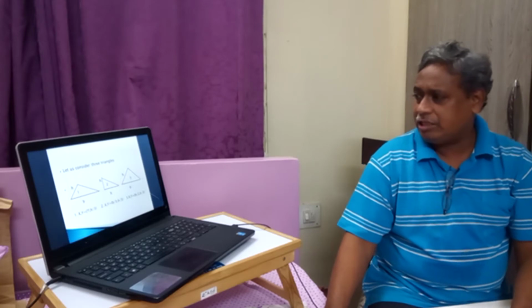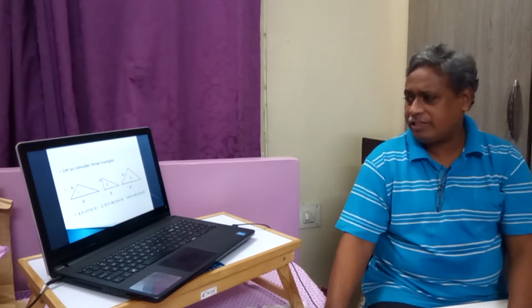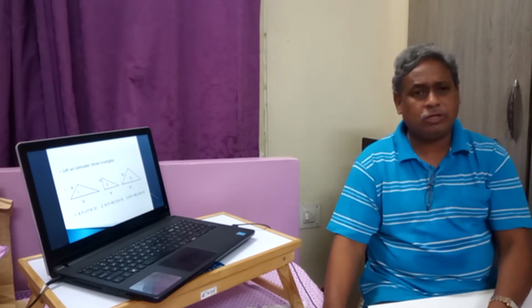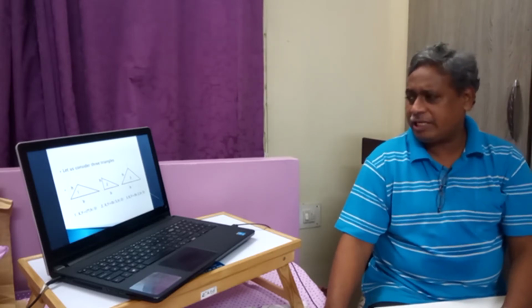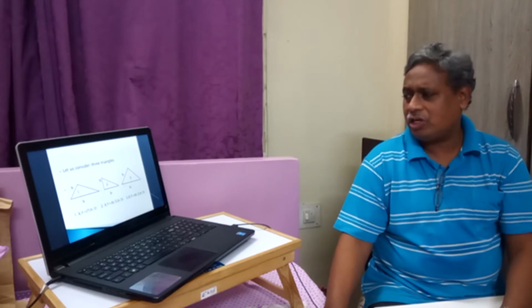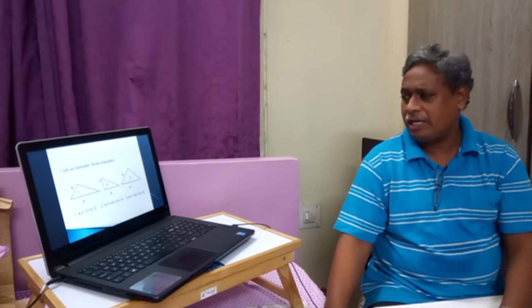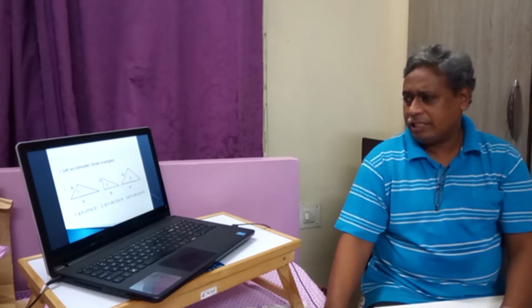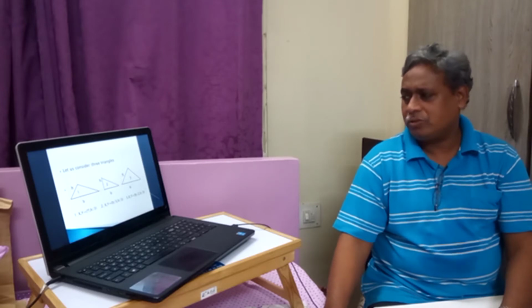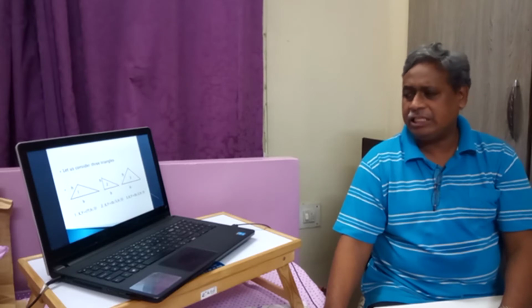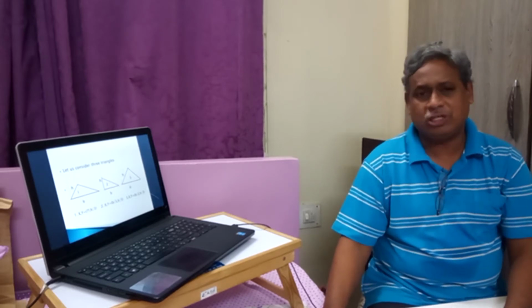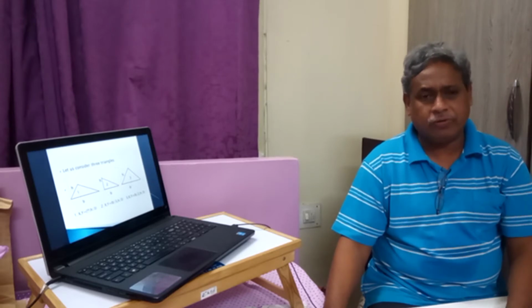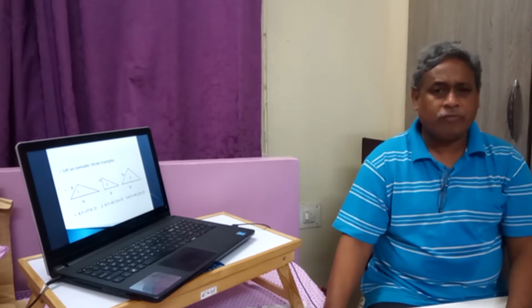In case of a symmetrical or isosceles triangle, there is an axis which is dividing this triangle into two equal halves. Therefore, whenever there is a symmetrical axis, the centroid lies on that symmetrical axis. Therefore, x lies on this symmetrical axis, that is b by 2. So x will be b by 2 and y will be h by 3. These conditions we have seen. We have to keep in mind that these three possibilities are there, and we have to see which possibility applies.